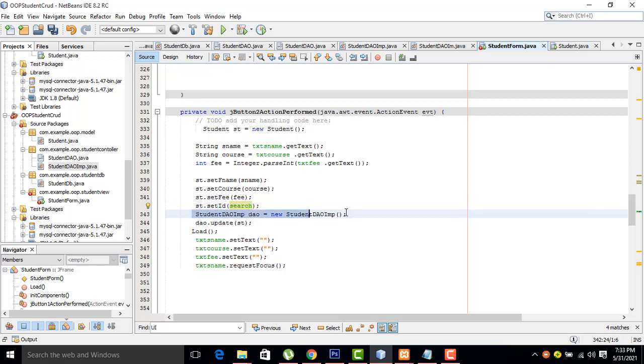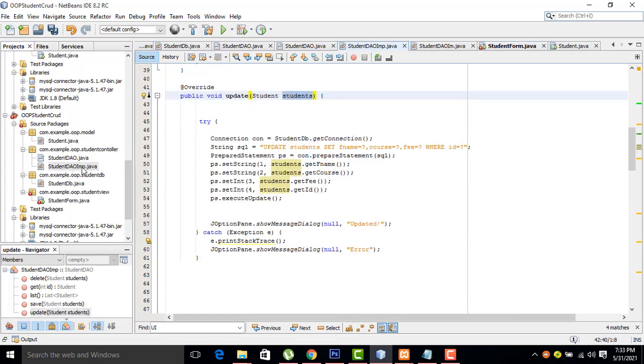All this data goes to the DAO. In the DAO there is a method called update. This is all the data from the text fields and the ID. If you go to the DAO, it retrieves the data and passes it to the relevant fields. If you call this, it will update the records, right? If it is successful, the method should display success, right?